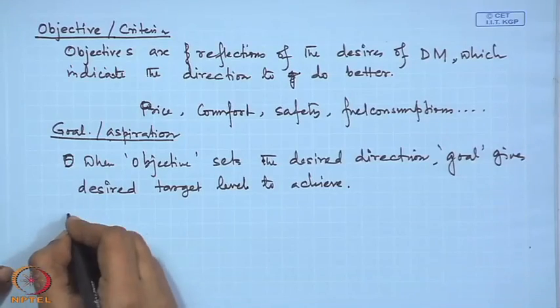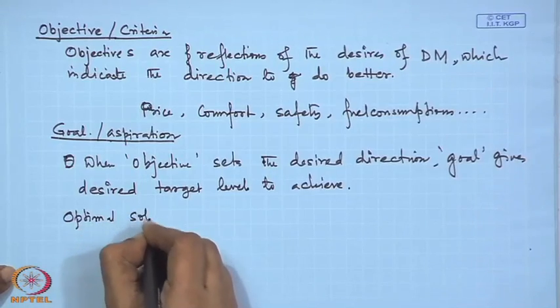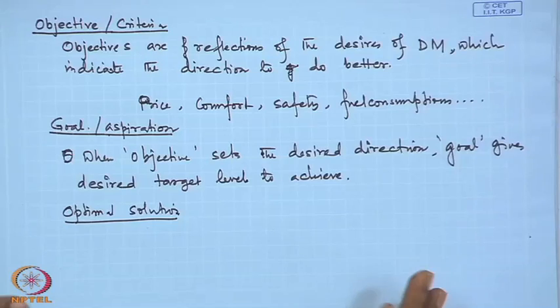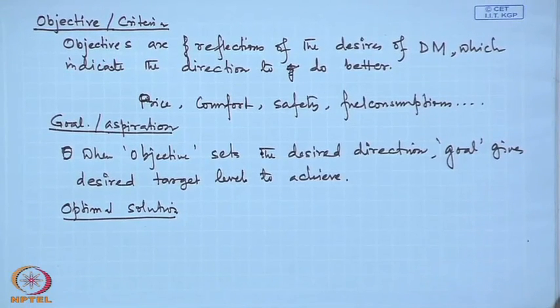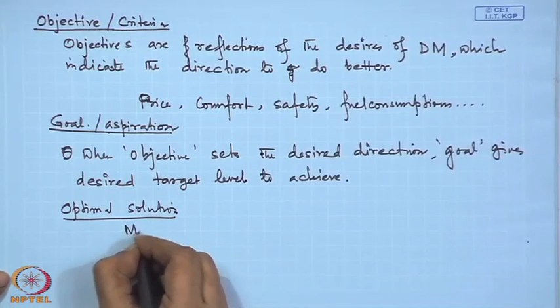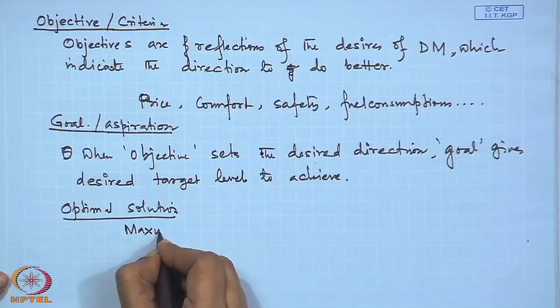Once the problem is coming, we are having several objective functions together. Can we really say about the optimal solution of the multi-criteria decision making problem? Let me define what is optimal solution, and then I will say whether it is really feasible to target this optimal solution or not. Optimal solution would be, for the defined general model, if I just want to maximize